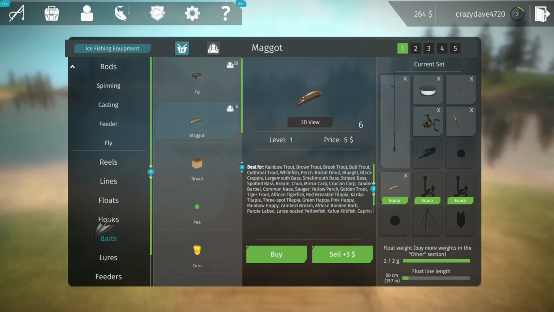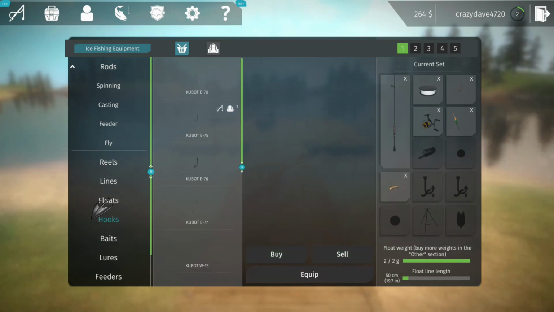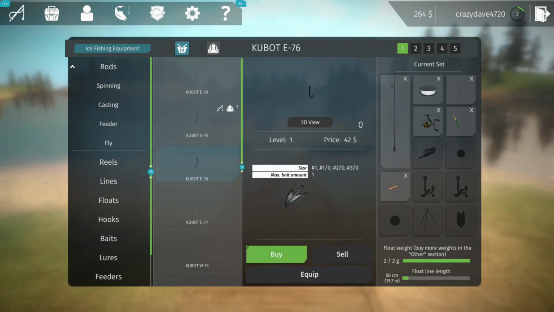And then I'm going to get a hook. What I noticed is the bigger hook you got, the bigger fish you're going to catch. Once I upgraded, I'm going to buy these. You get a single hook, and you get 5 hooks in the pack, so you get 1 of each size. And see, I already have these, so I'm just going to buy 1 more of these, purchase it, and then